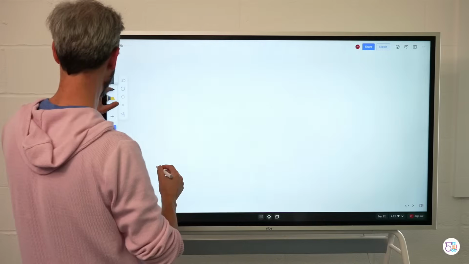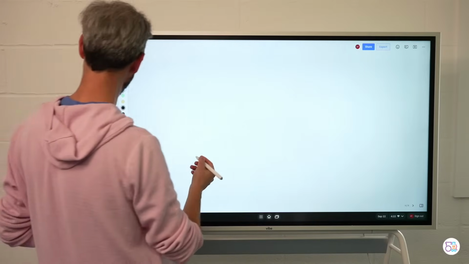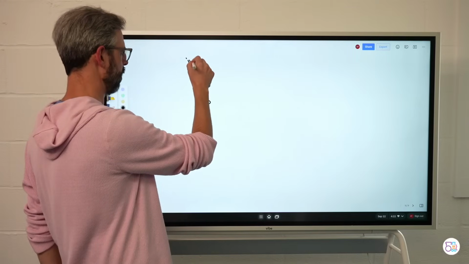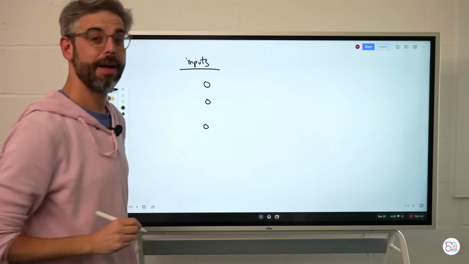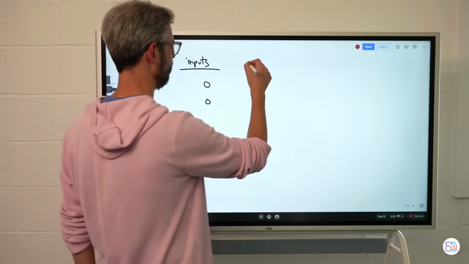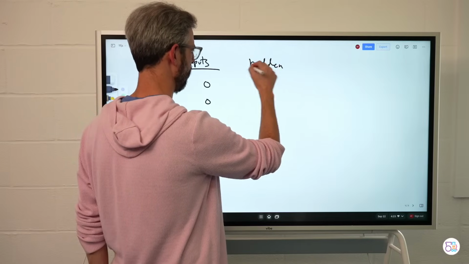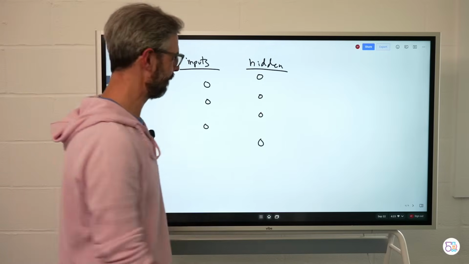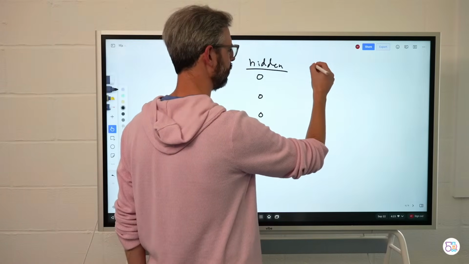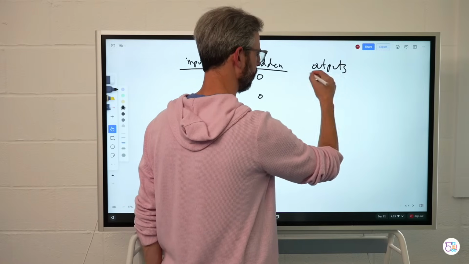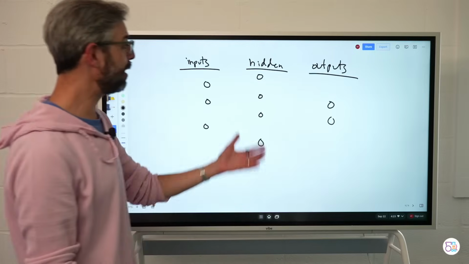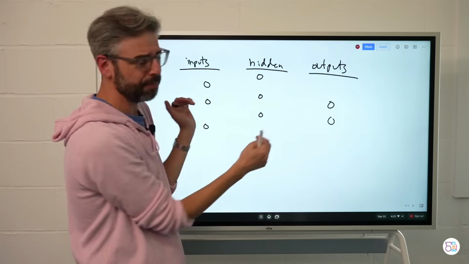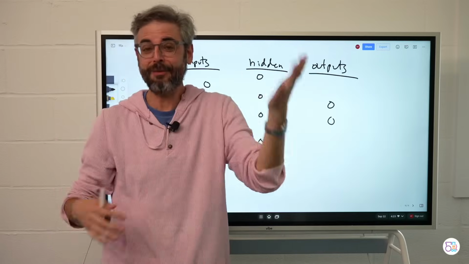Let me do it a little bit more thoughtfully. Maybe we have some inputs. Maybe there's a hidden layer. Maybe there's some outputs. So this is a 2-layer hidden and outputs vanilla neural network, of which I've covered and